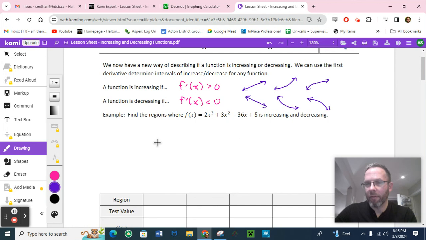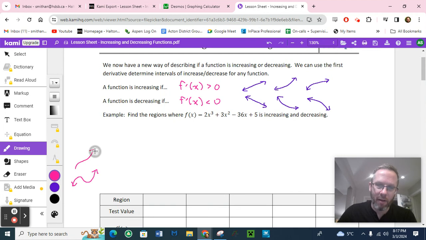So let's look at an example here. We have a cubic polynomial, and we now have the skills to actually concretely say when this function is increasing or decreasing. Right away, you guys should be able to see that because the leading coefficient is positive, it's an odd degree polynomial, that the end behavior is going to be from quadrant 3 to quadrant 1. Our cubic polynomial could look something like that,